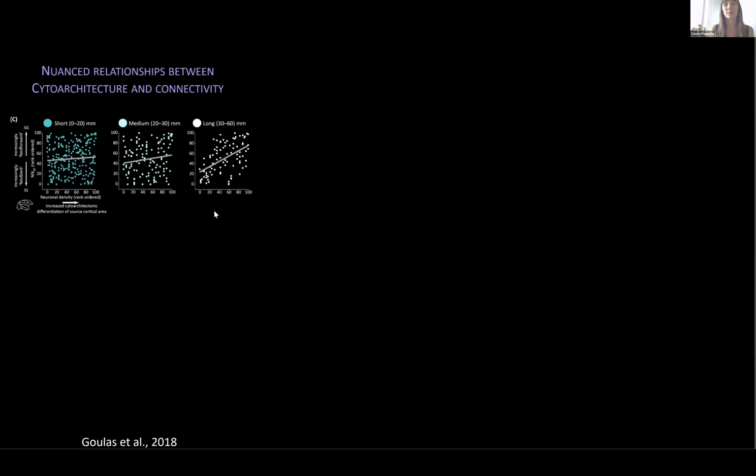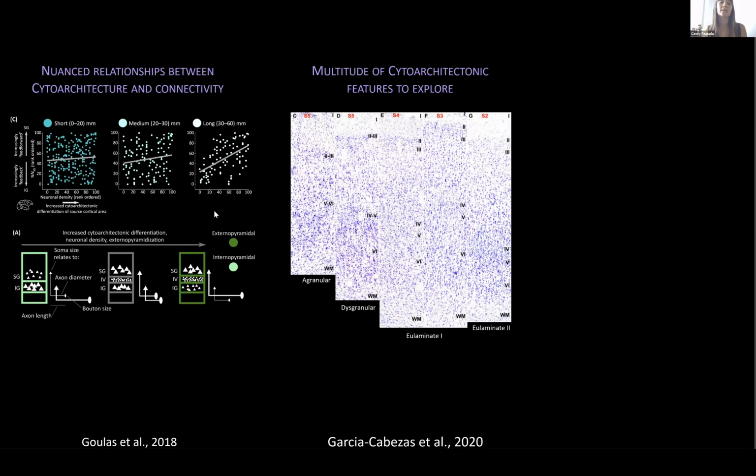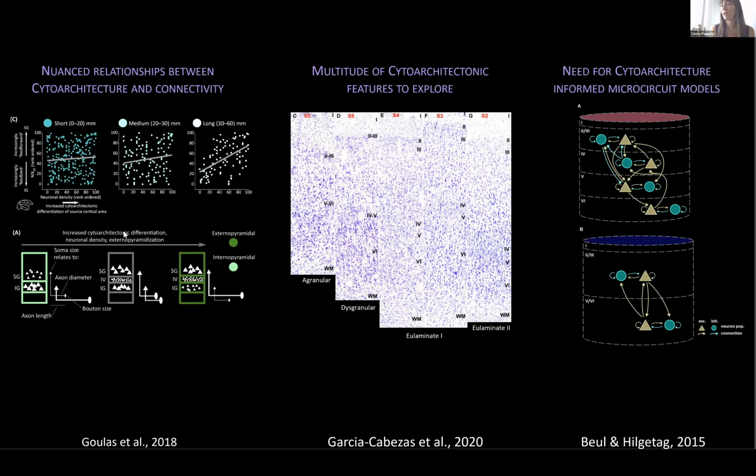And in that paper, as well as other recent work by Garcia-Cabezas et al. in the human frontal lobe, there's been people who have highlighted that there's more cytoarchitectural features that vary across gradients. It's not just laminar differentiation, which we've focused on so far, but also the size and the morphology of neurons. So all of which could be more comprehensively characterized, I think, with BigBrain and related to more macro scale features of in vivo imaging. And finally, the microcircuit models we currently use are primarily based on the visual cortex,